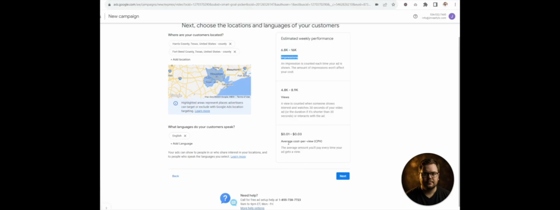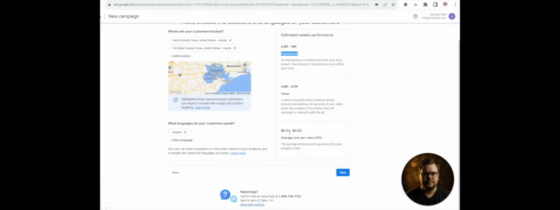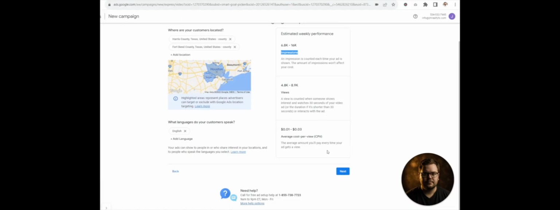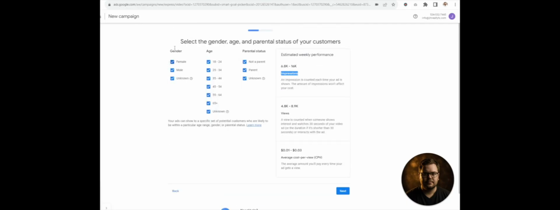And so the average cost per view for this ad is running a penny to 3 cents per view. So that is great. You could literally with this spend a little over $100 a week with this ad, which is very, very more cost effective than Google ads, especially Facebook ads, and you're getting more rapport with them. So once you have all this down like you like, then you're going to go to the next page and